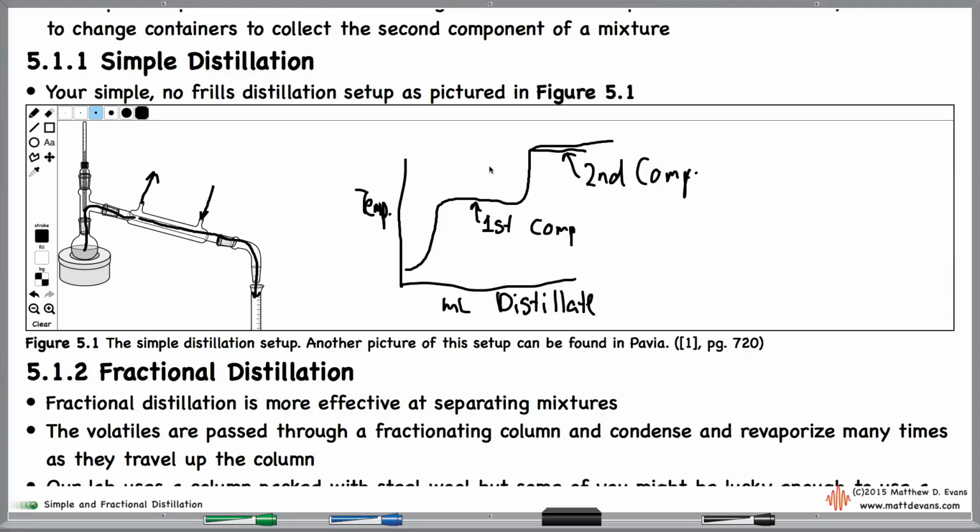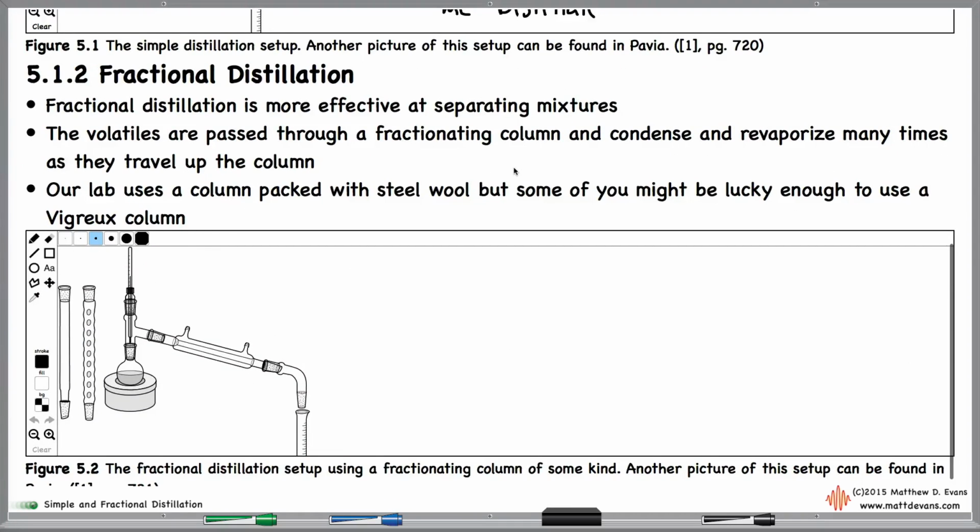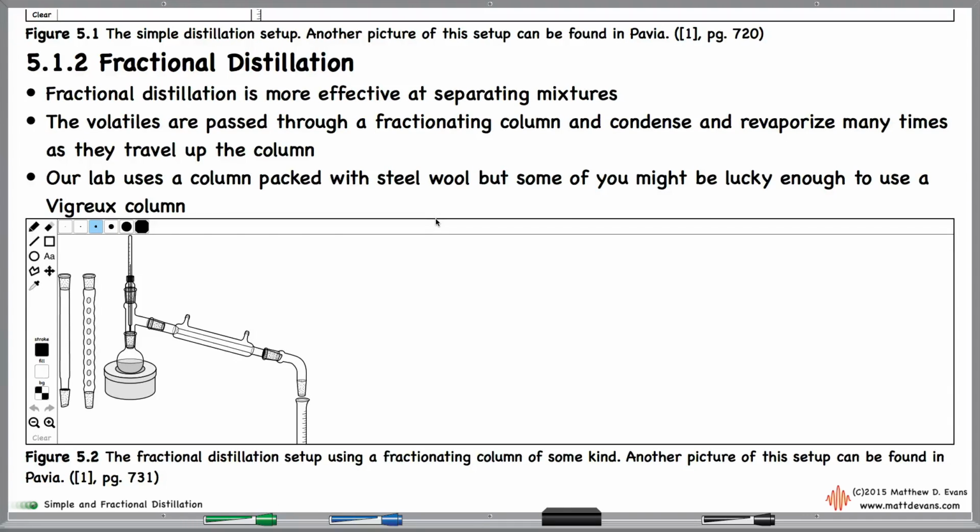Now, simple distillation may not work out perfectly like this, and that's why we're also going to do fractional distillation. And let's talk about that now. So fractional is a little more sophisticated at separating mixtures because you still set up the simple distillation setup, except that you're going to put in what we call a fractionating column between the round bottom flask and this three-way adapter. So one type, the more common type that we have, is just an empty column which you pack with